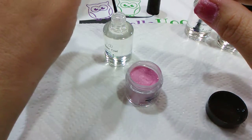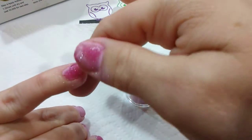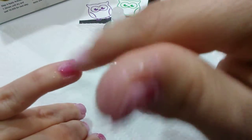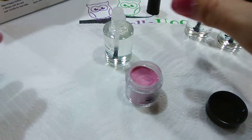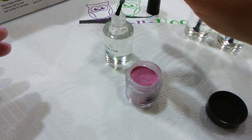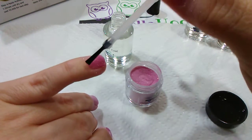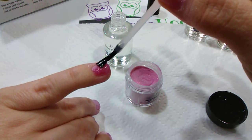So we've already waited the 10 to 20 seconds from this finger to this finger, right? So I do want to make sure it's dry, just because it does need to be dry. And I think we might be okay. So I think it was just a really thick coat. And so we're going to do it again. And I'm going to make sure I get a really thin layer on this one because I did way too much the first time. So I'm going to do 2 coats